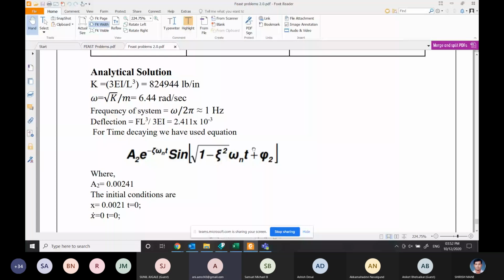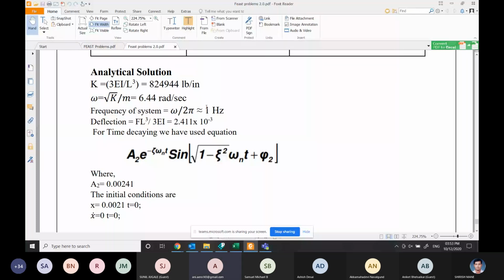Once you know the value of stiffness, and you also know the value of mass, you can simply find out the natural frequency of the structure. So here the natural frequency of the system is around 1 Hertz.